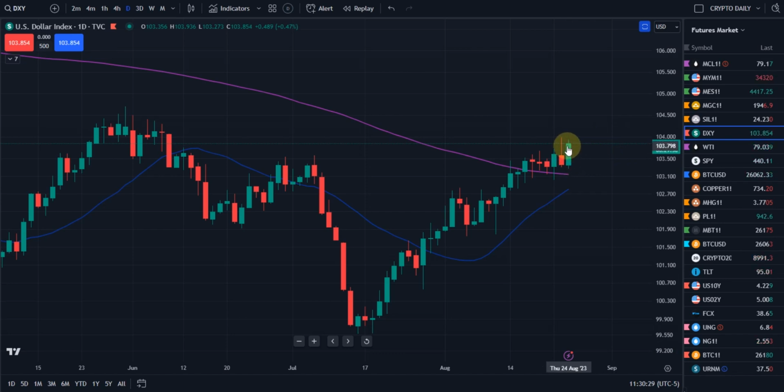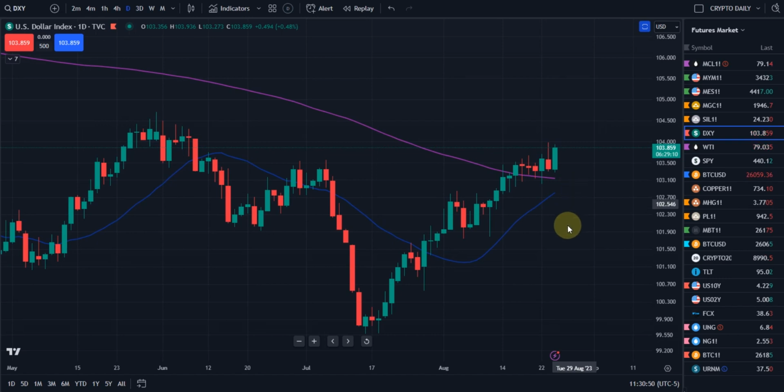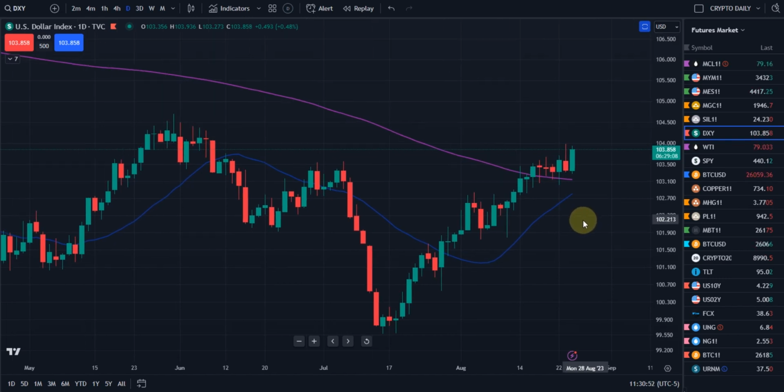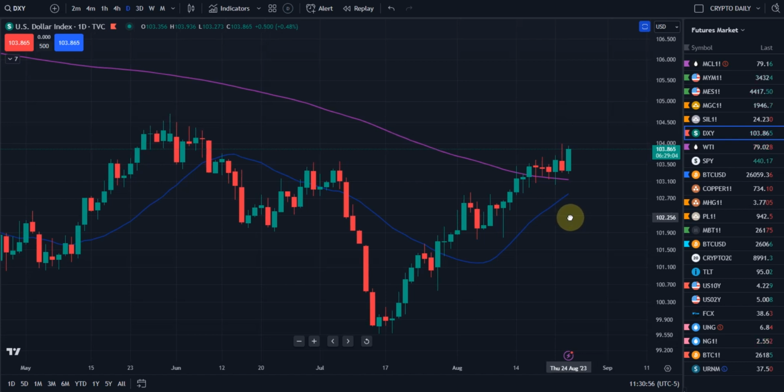Of course, even with the strong dollar, we're seeing fairly good strength in gold and silver. However, those two commodities are hitting resistance right now, which is the reason why you're seeing a slight pullback in gold and silver. But anyway, I just wanted to catch you up here and kind of forecast the potential move for the dollar,